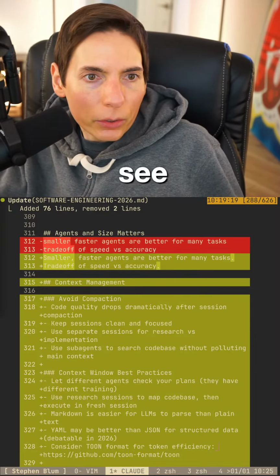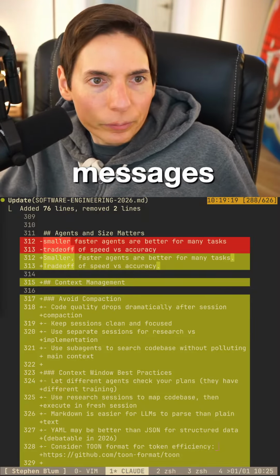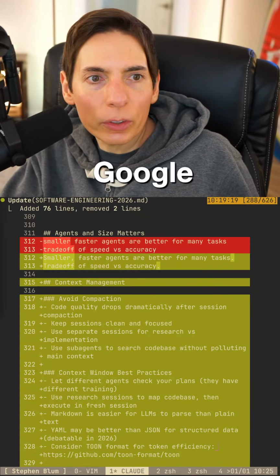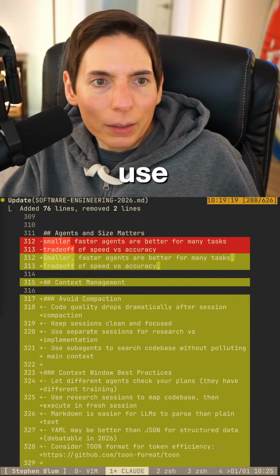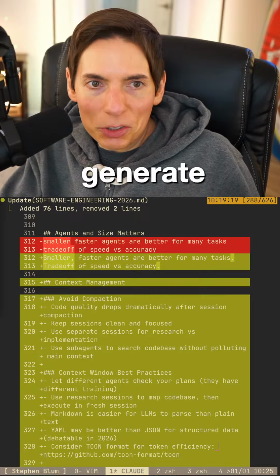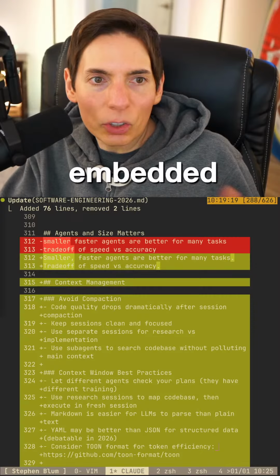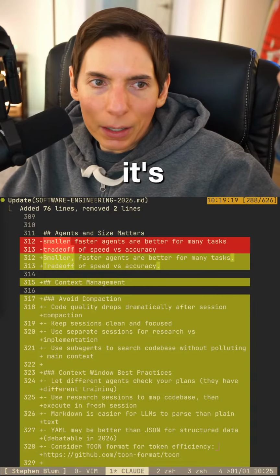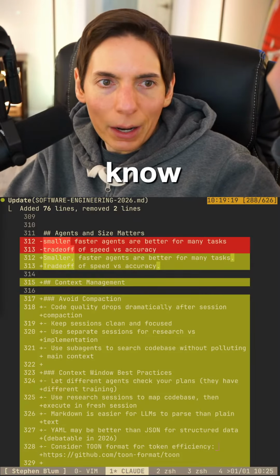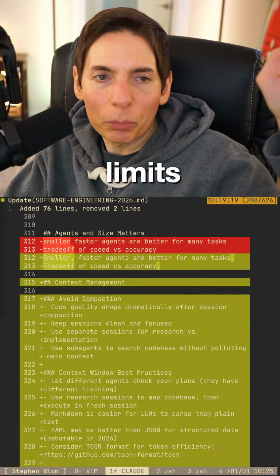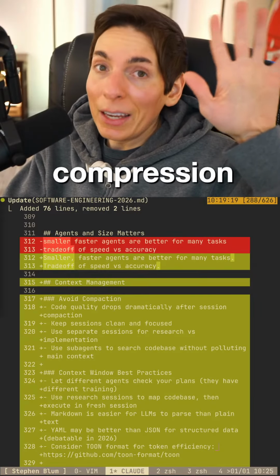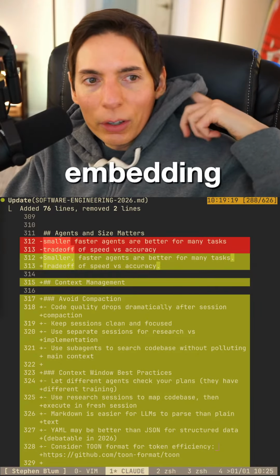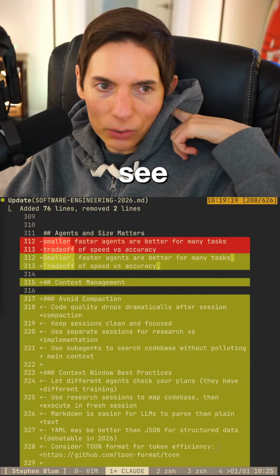Let me see here. Running through some of your chat messages, you guys. As you know, Google made it so that if you use Gemini to edit or generate an image, it embeds SynthIDs. Yep. Okay. So we know it's generated by AI. You can know if it's generated by AI and test the limits by its compression. They did a good job at embedding it. So you can kind of see it. You can see the artifacts.